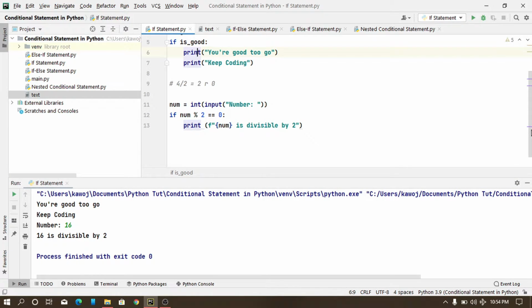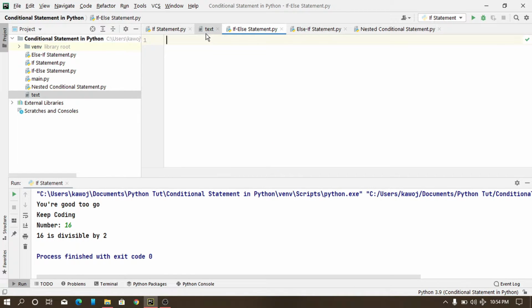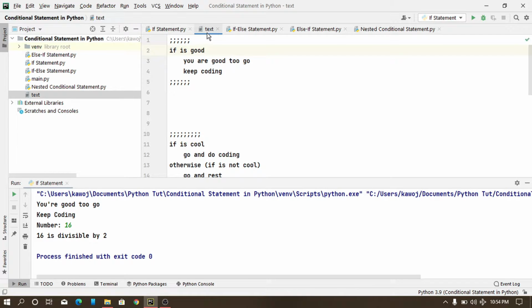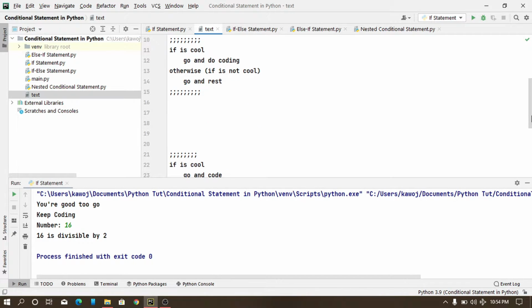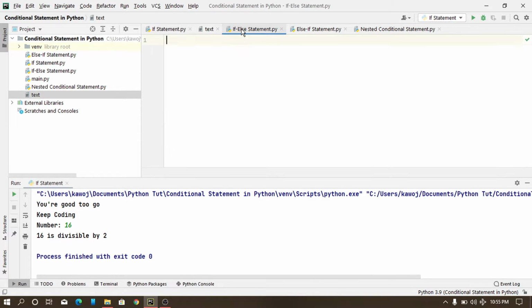Now let's move to the if else statement. We are going to be working with the if statement more in our future courses. This is not just if, we are still going to be working with the if else conditional statement in Python. So we have this: if is cool, go and do coding. Otherwise, that means if it's not cool, go and rest. Let's move to the if else